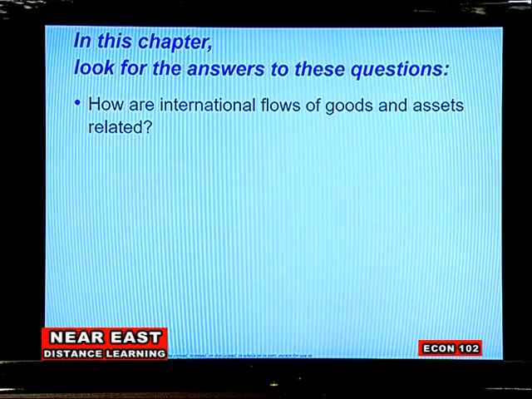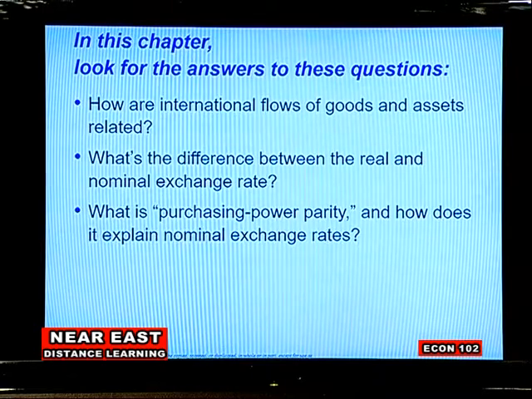How are the international flows of goods and services and assets? What are the differences between the real and the nominal exchange rates? What is purchasing power parity and how does it explain nominal exchange rates? These are some of the things that we are going to focus on, three major things, but the first item is going to take about 2/3 of the slides. In the introduction,